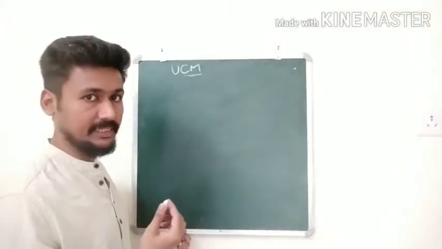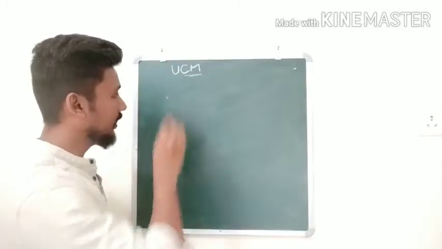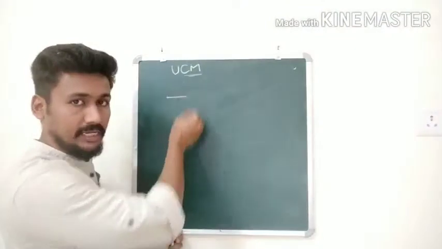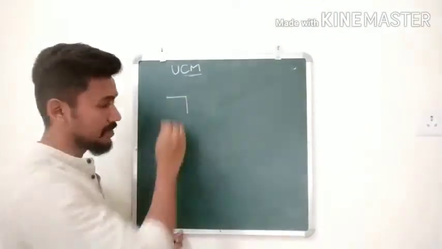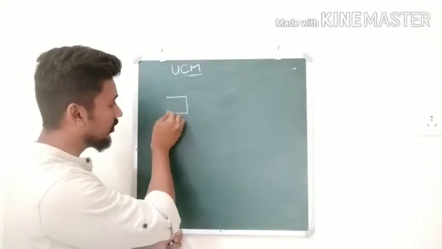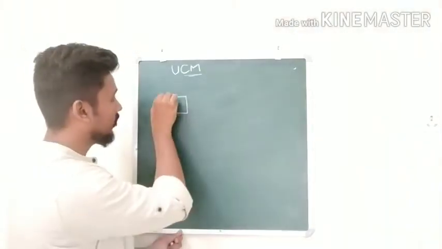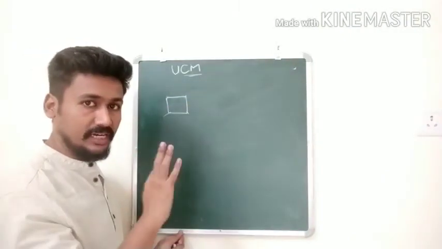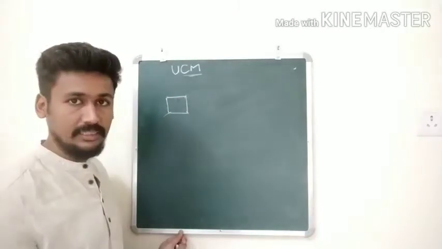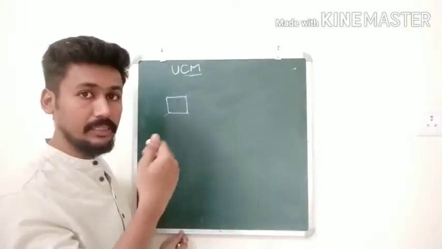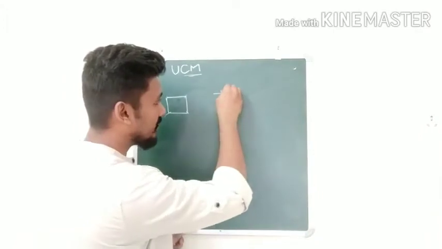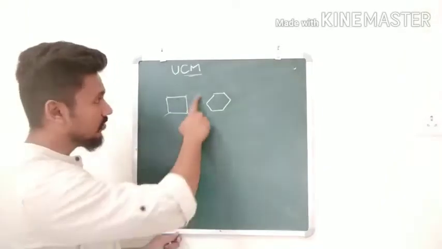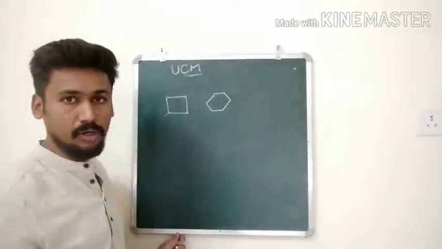Now, let us see one simple example. If an object is at a point here, the object starts to move, and then we decide to take a right turn. If we take a right turn, we come here. Again we decide to take a right turn, we go here. Again we decide to take a right turn, we go here. So how many times did we turn? 1, 2, 3. So when we turn 3 times, the shape that we get is a square. If we decide to turn more times than that, then you will get a shape like this maybe. Right? So we get a hexagon. So if you have turned more times, then we get a more complicated shape.